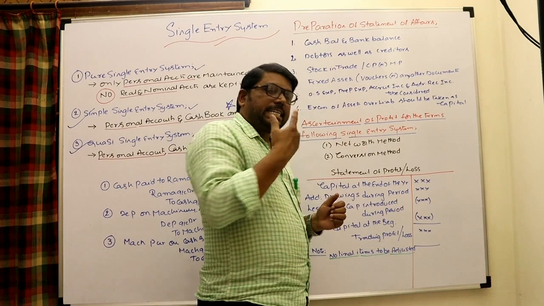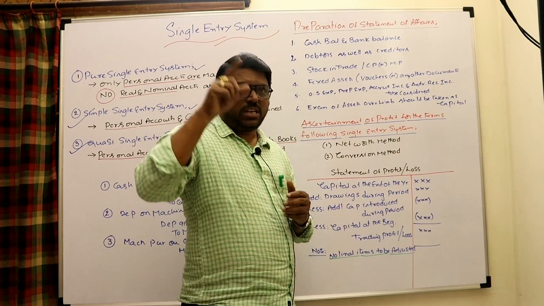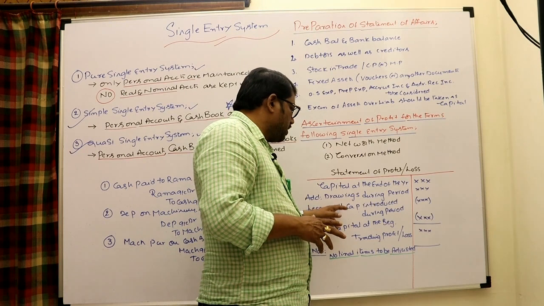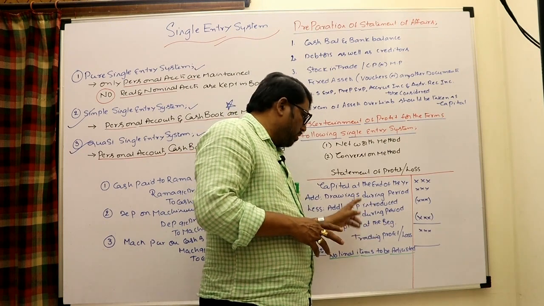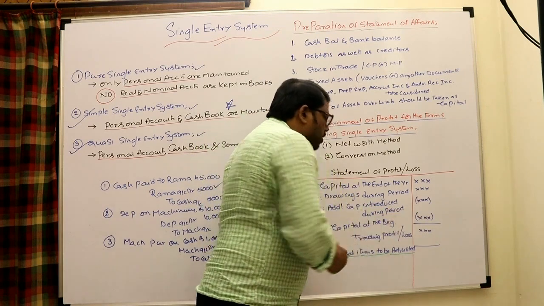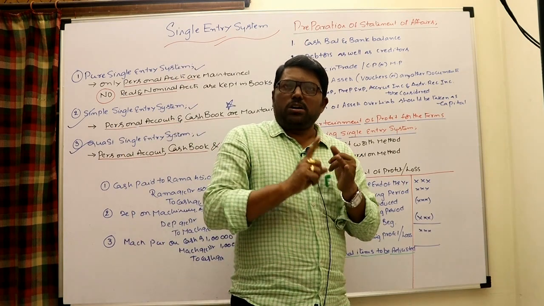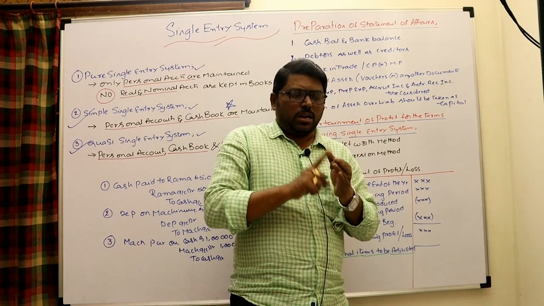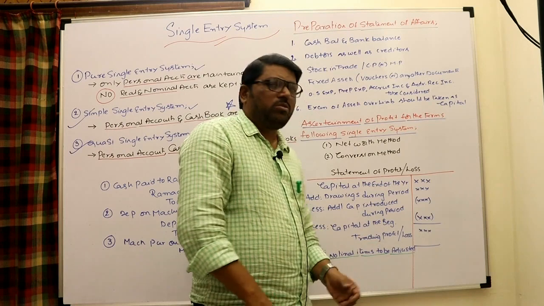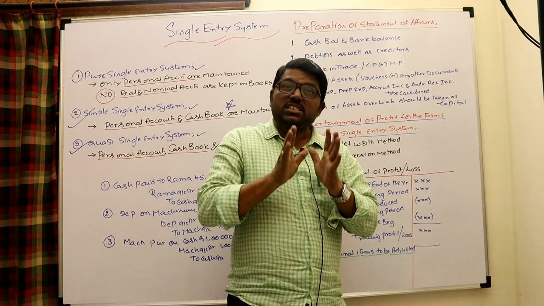If any drawings are there during this year, it should be added back, because that is nothing but your profit. If any additional capital is brought in during the period, that should be deducted, because it is not the profit. It is there in closing capital, but it is not your profit. And out of this adjusted capital, if there is any opening capital, that should be deducted. Simply this is known as a trading profit or loss. Closing capital, add drawings made during this year, less additional capital introduced, less opening capital, is simply known as a trading profit or loss. It is not the profit or loss completely, it is a trading profit or loss.